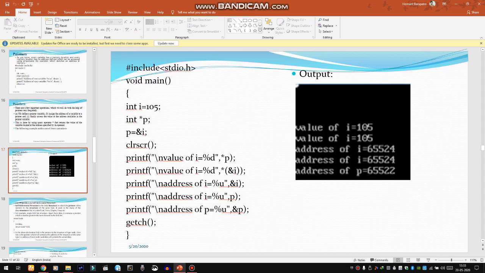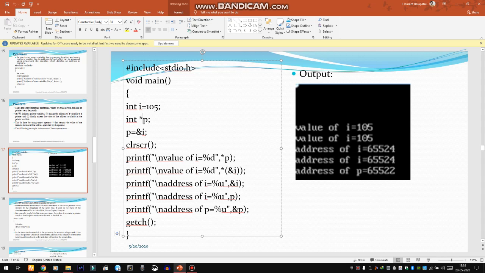Here you can see we have defined a value: int i = 105. This is the value of i. Now we have declared a pointer variable of the same type, integer pointer p. Now this p will hold an address. So p is a pointer variable which can be used to hold the address of another variable.